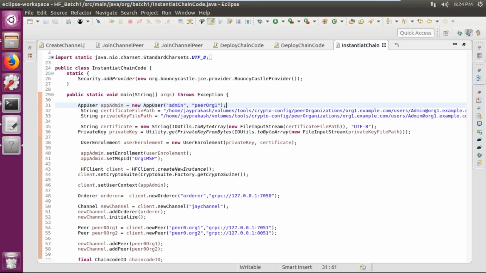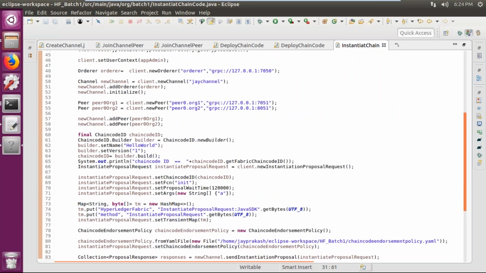So instantiation is nothing but a transaction that needs to be sent to your orderer. Okay,